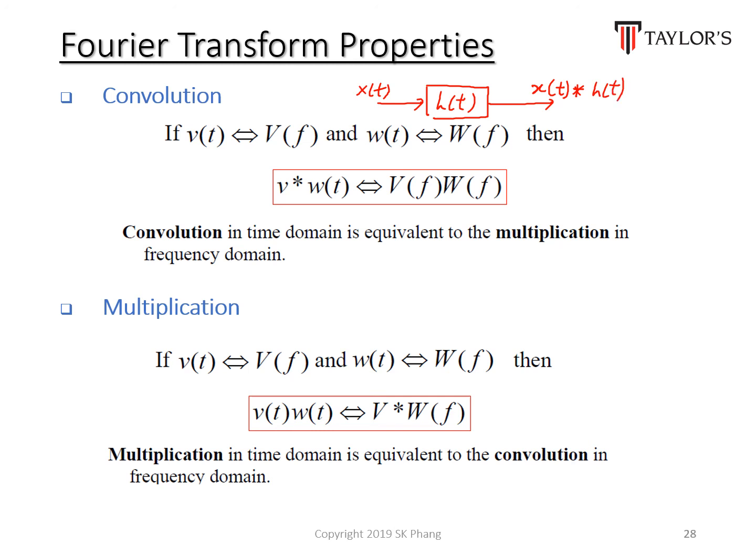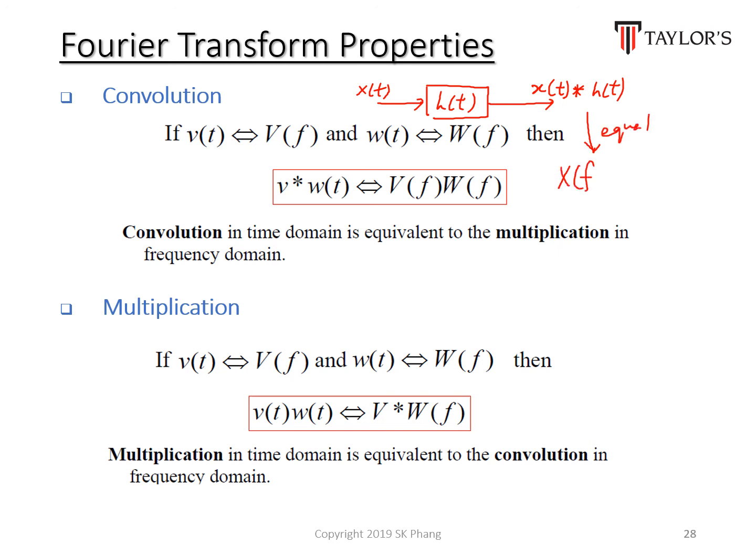And if you remember chapter 3 well, the convolution operator is very hard to compute because you need to do integrations as well. But now this convolution theorem is telling you that this convolution is actually equal to